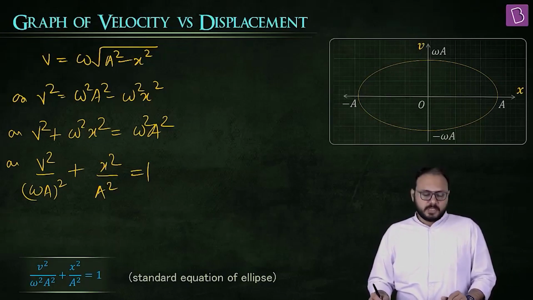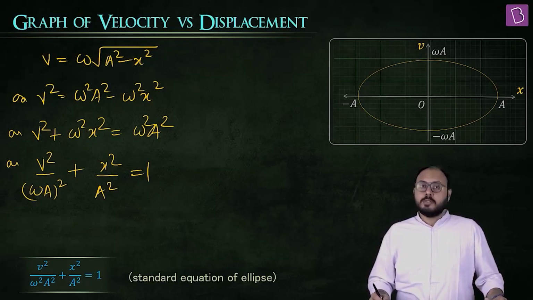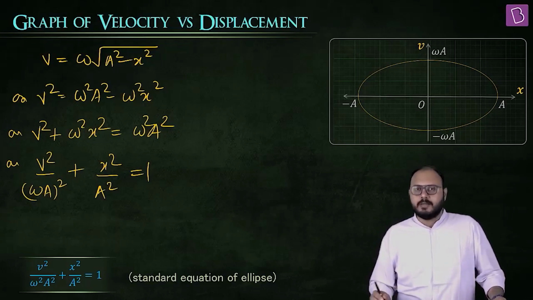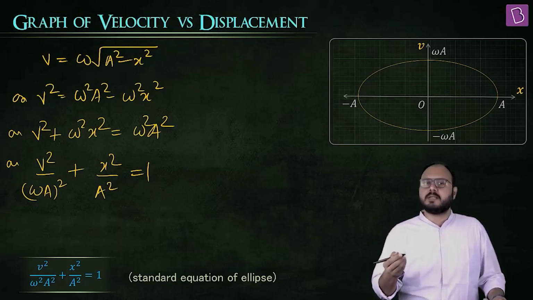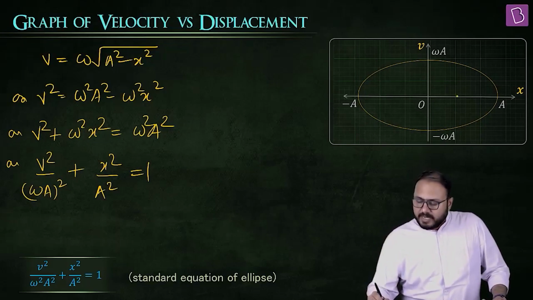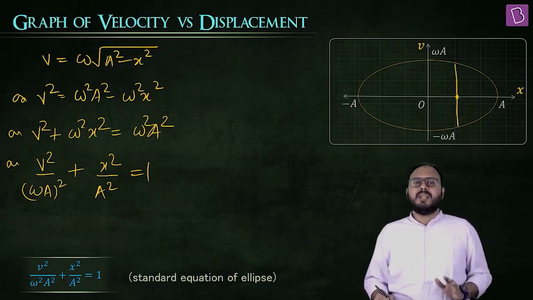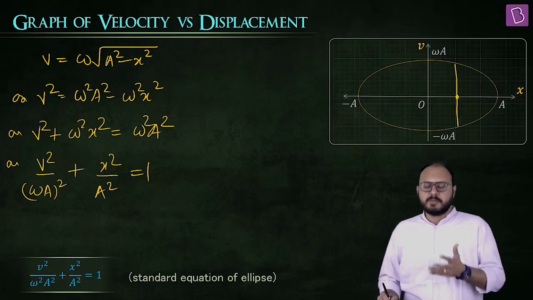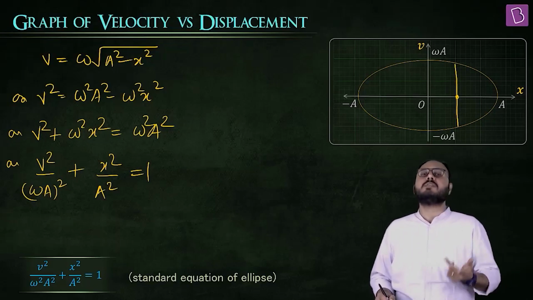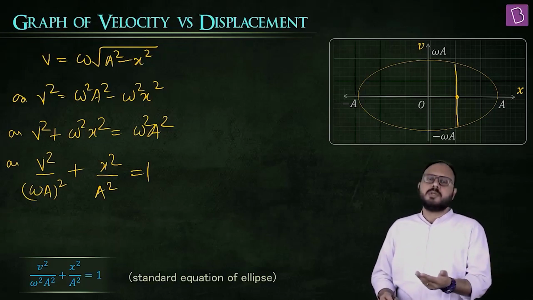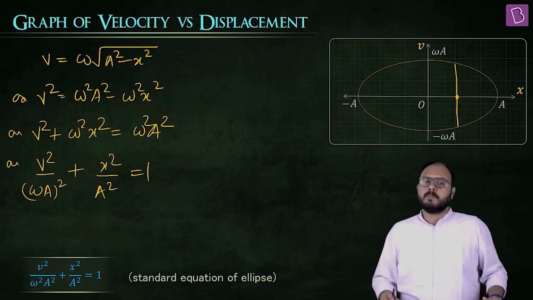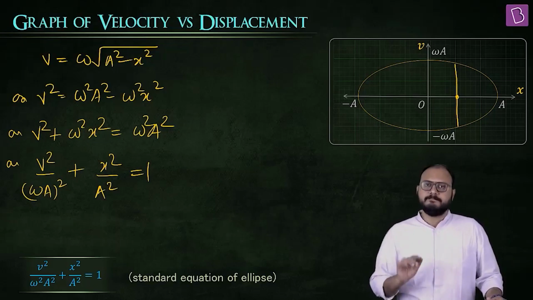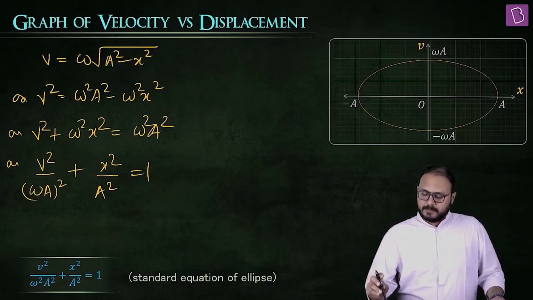The graph between velocity and displacement will look like this, although it's a flawed way to represent a graph, because at one value of x there should be only one value of y, but here there are 2. So the point is it's not a graph, it's a curve. We will later have a special name for such curves, but right now this curve is telling you that at the same position there are two possibilities of velocity. One going towards extreme, one coming towards mean. Okay, fair enough.